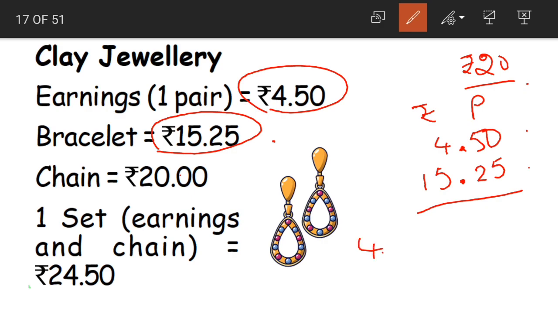I cannot write like this. Wait a minute, I am writing here. See, for 4 rupees 50 paisa the point is here, and for 15 rupees the point is here. We should not write it like this. We should write it like this, children. Both the points are in the same place.